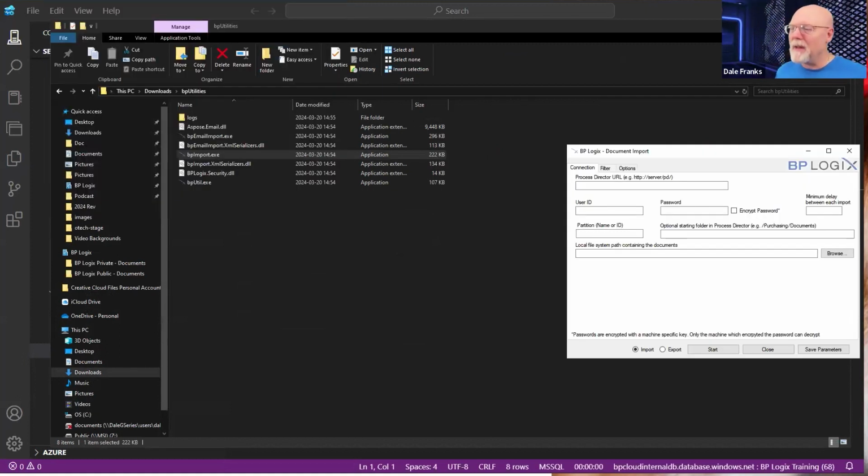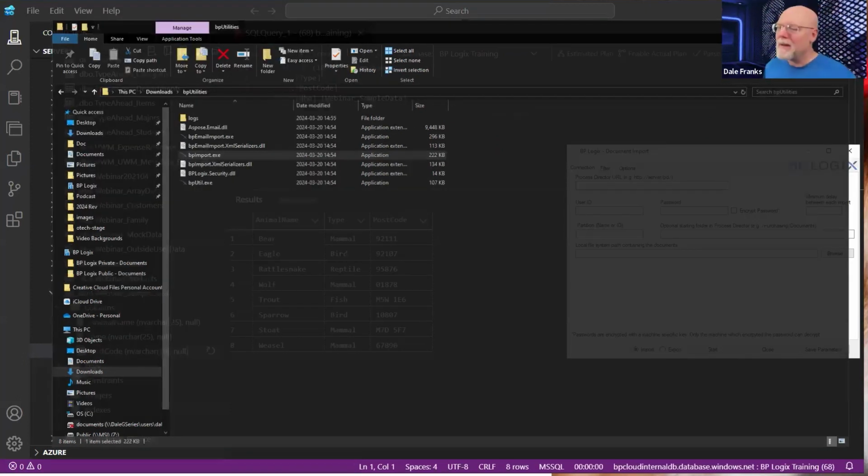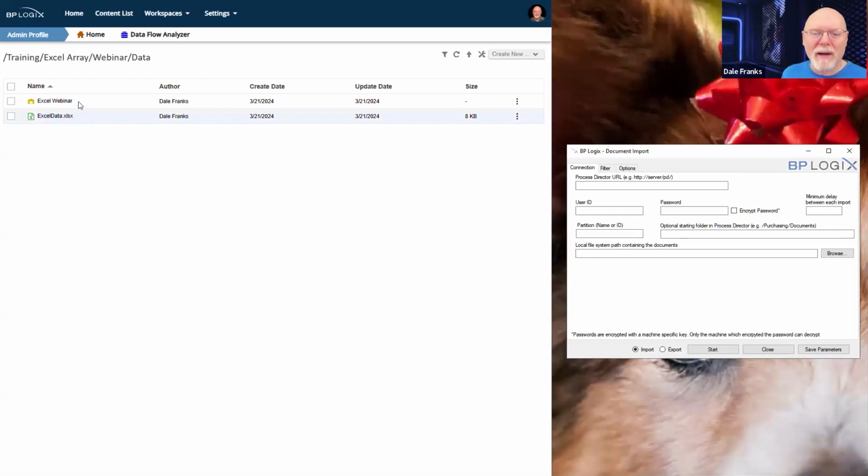So we'll just pretend that this is what we want. We'll close that back down. And once again, we'll just try this one more time. Encrypt my password. Thank you very much.